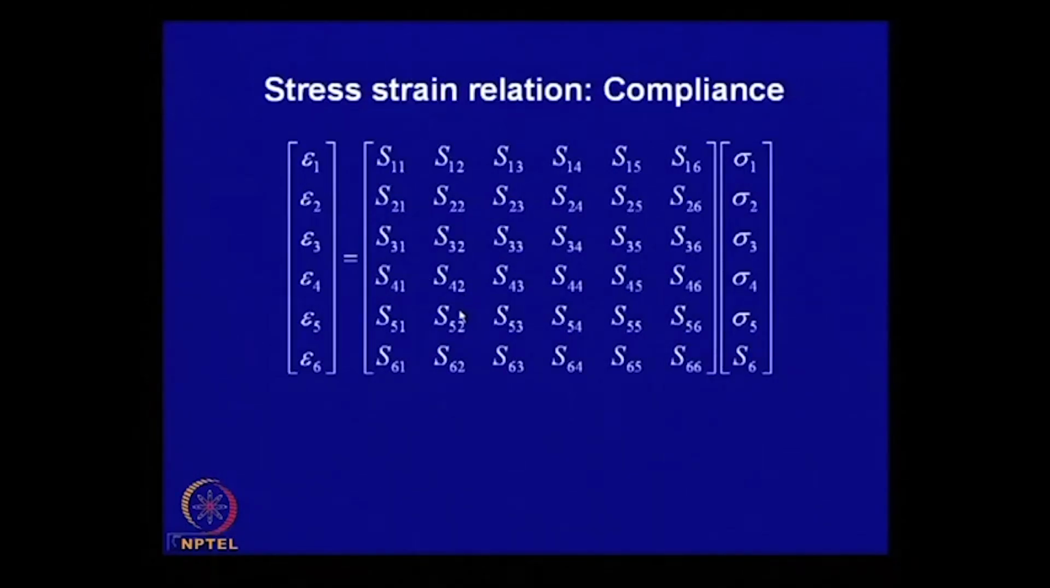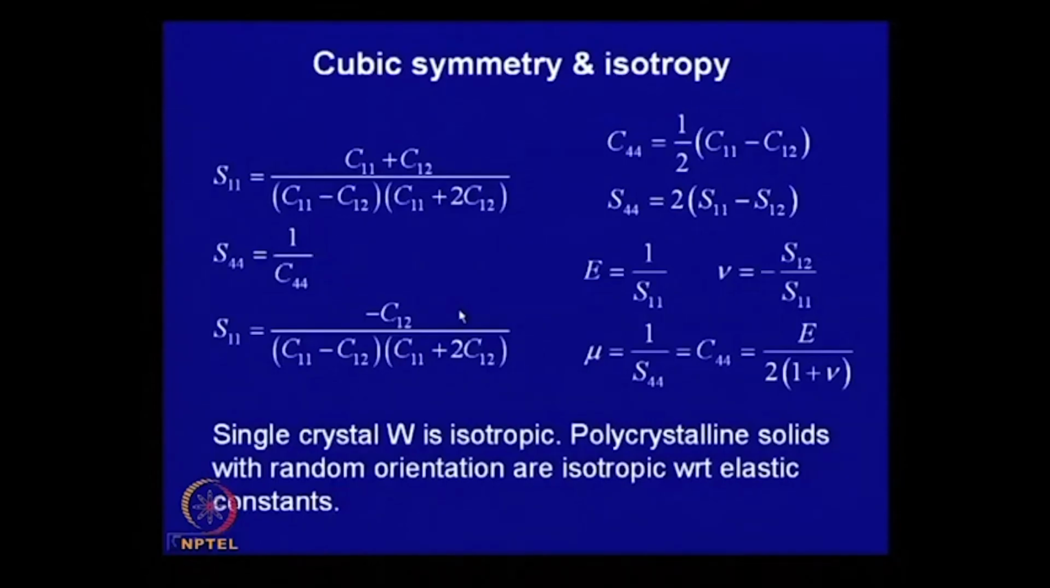By imposing this condition, it is possible to show that in case of a cubic crystal, you need only 3 elastic constants: S11, S44, and this I think is S12. So, there is a mistake here, this should be S12. So, you need these 3 elastic constants, and there is a relationship between the stiffness and compliance, which is